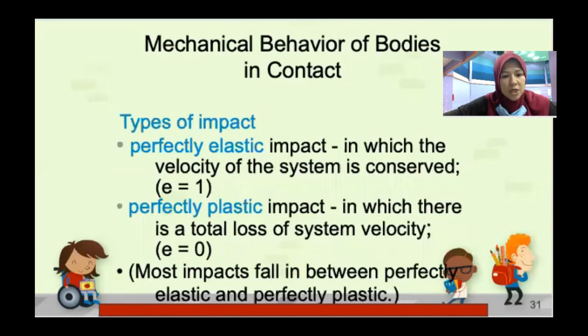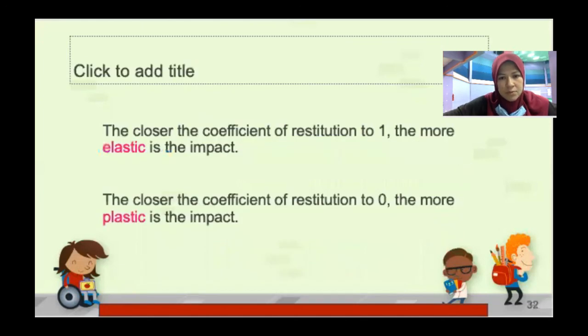Okay, so the closer the coefficient of restitution to 1 shows that the more elastic is the impact, and the closer the coefficient of restitution to 0, the more plastic is the impact. Okay, so